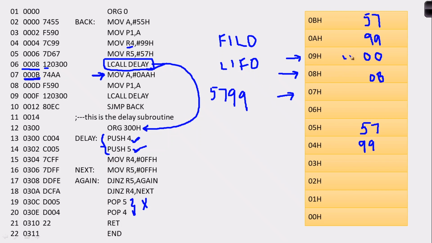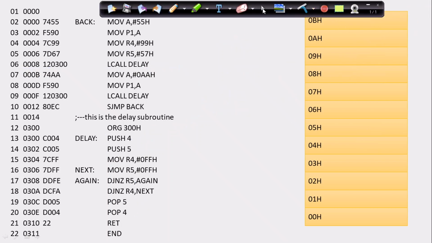Since I did not use these pops, after the return the address locations loaded into the program counter will be totally different. That is why it is mandatory that the number of pushes we use in a subroutine program, that many pops should be present in that particular subroutine program itself. So this is how it works.